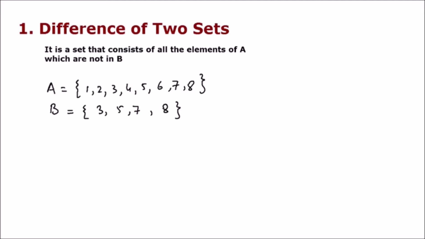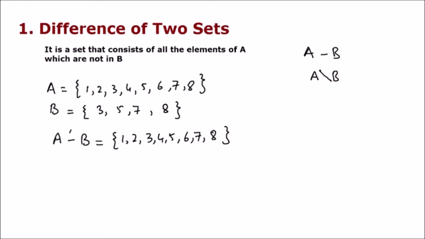Now we will subtract B from A. That's A minus B. Now we can also write A minus B, or we can write A slash B. It also means A minus B. We can write in two ways, A minus B or A slash B. It is backward slash. Now the method is that first write A set, then this minus sign,